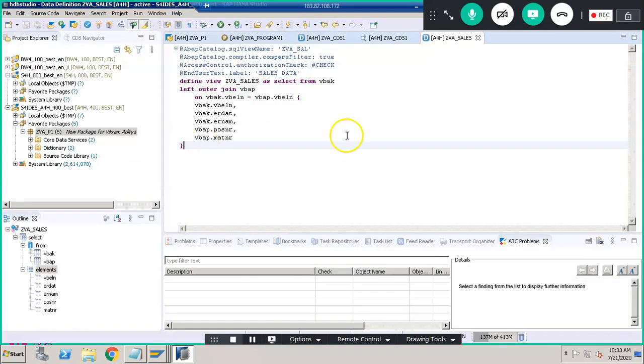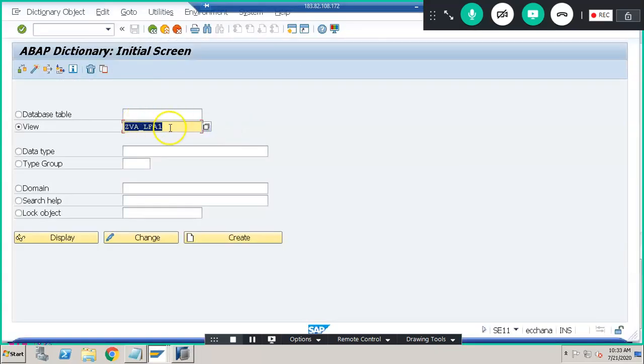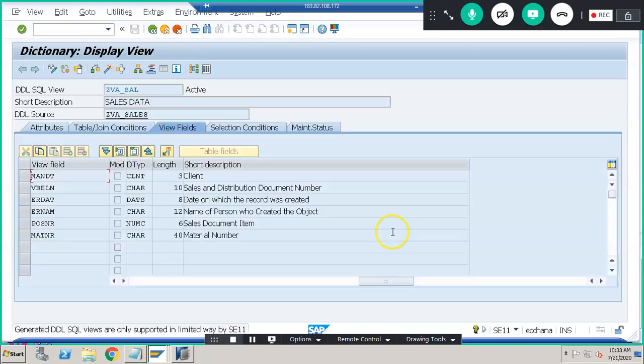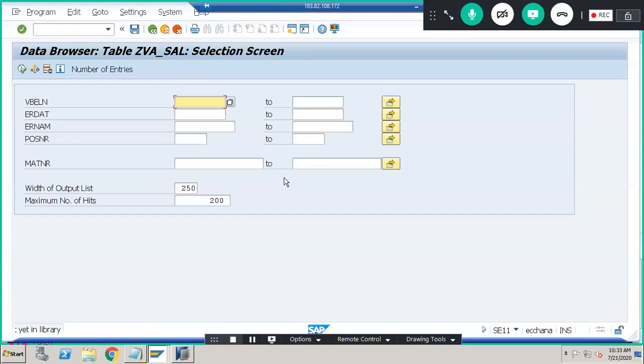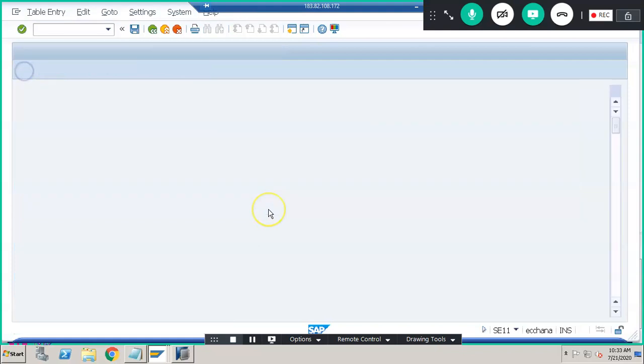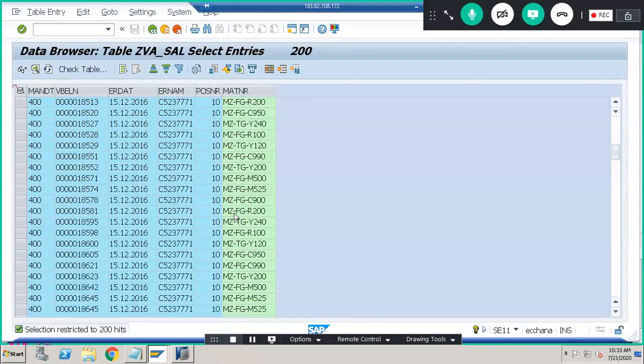We can check that in the normal login, ZVA underscore SCL. So this is the data that we have.